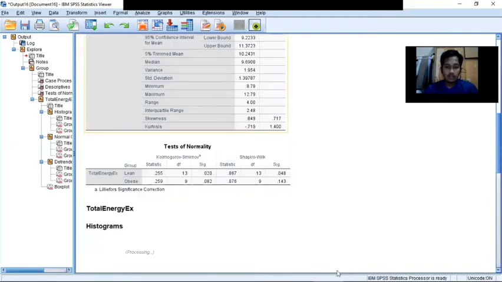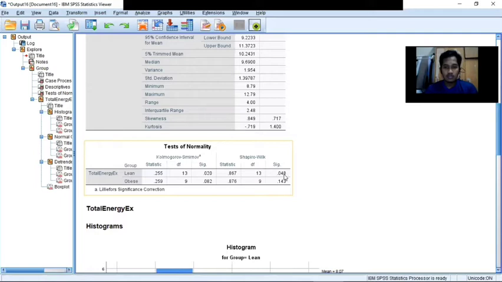So we get a result for both groups. Total energy expenditure in the test of normality is not normal because it's less than 0.05.